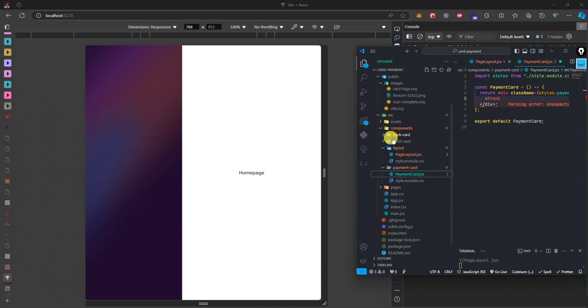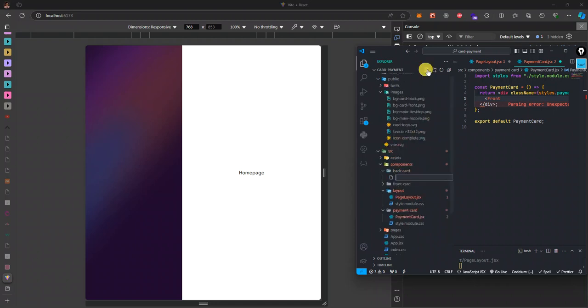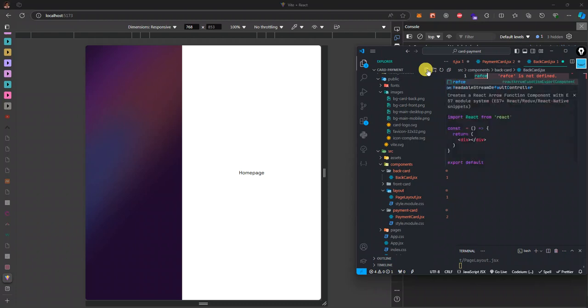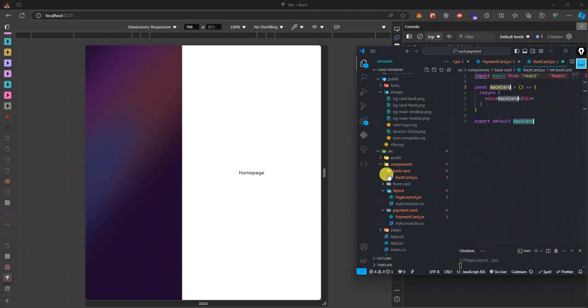It's not bringing it. Yeah, see, I've not created anything. So that's why it's not suggesting. So I have the backcard.jsx. RAFCE should kind of create the stuff for us. So yeah, backcard. Let me create the